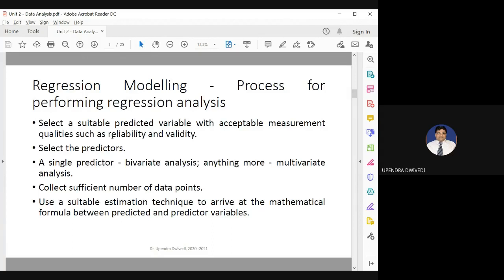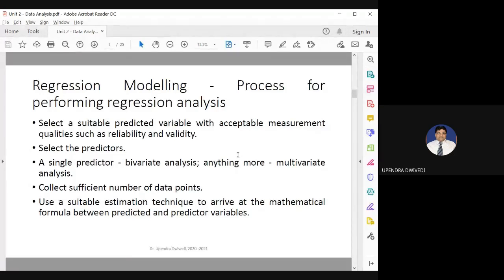And you also have to go through reliability and validity. Reliability means whatever you're predicting should be reliable based on your predicted value. So whatever house price we are predicting should represent the reliability of the predicted value. Validity is in the sense that suppose we have developed a regression model, and based on the regression model, we are trying to validate the things.